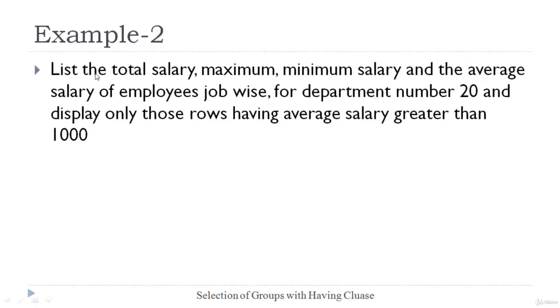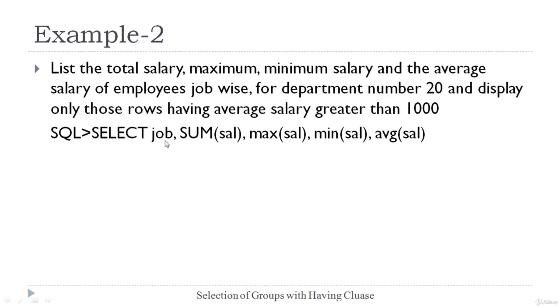In this example, we have to display total salary, maximum, minimum and average salary of employees job wise for department number 20 and display only those rows having average salary greater than 1000. In this case, we have to select job, sum of salary, maximum salary, minimum salary and average salary from employee